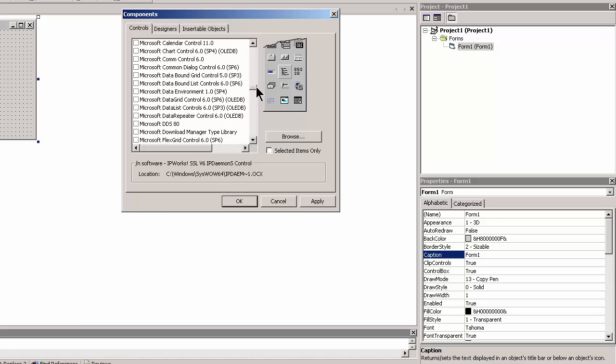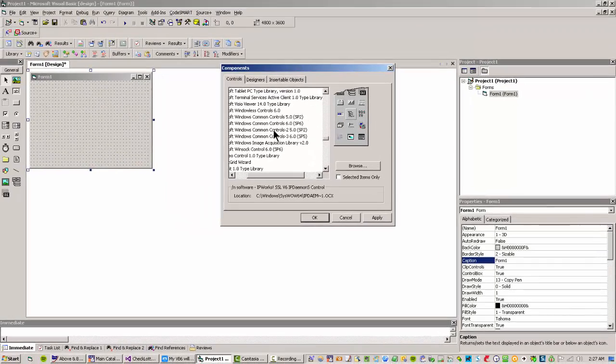and I happen to know the name of the file that contains the OCX is called Microsoft Windows Common Controls, but it's not the version I want. It's not actually showing there. This one contains MSCOMCT232. This one up here is MSCOMCTL